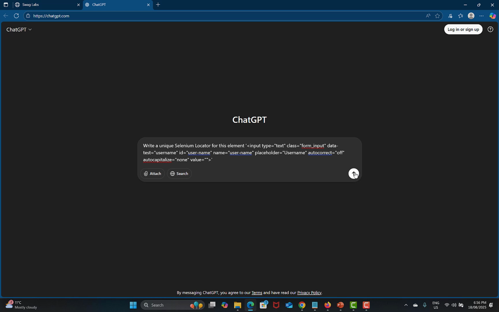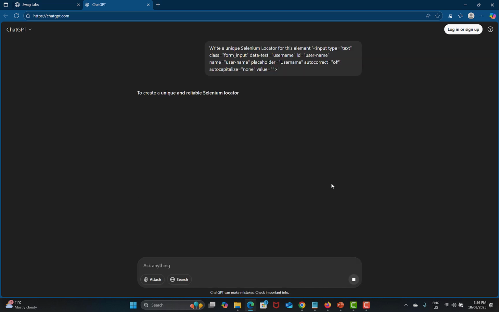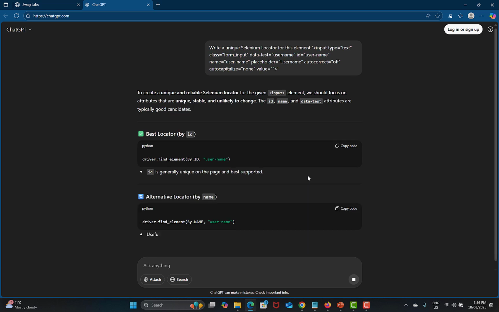So, for example, if I press enter, it will analyze this particular HTML and it will try to create a unique one. But it is not necessary that it will work. Again, the reason is that ChatGPT doesn't have a context to the complete HTML of that particular page. And secondly, once you have this one, assume that it should work, then based on that, you can create a page object. So you need to write another prompt,